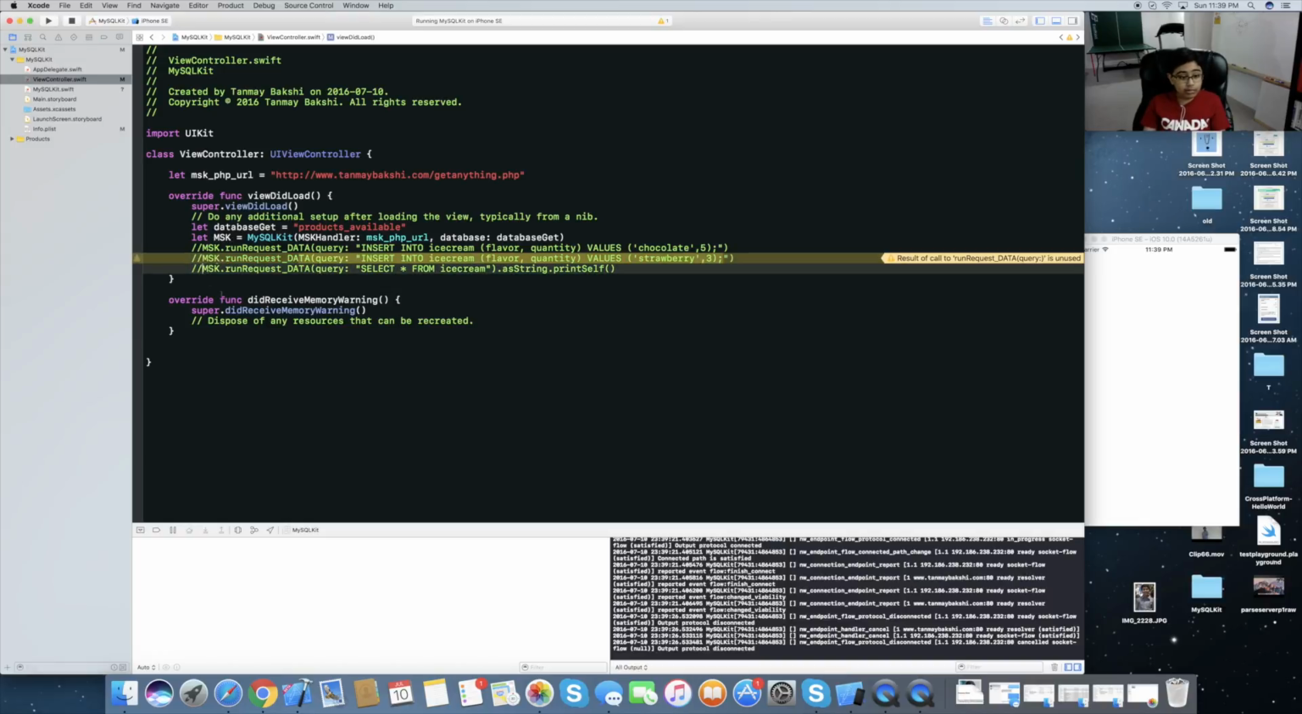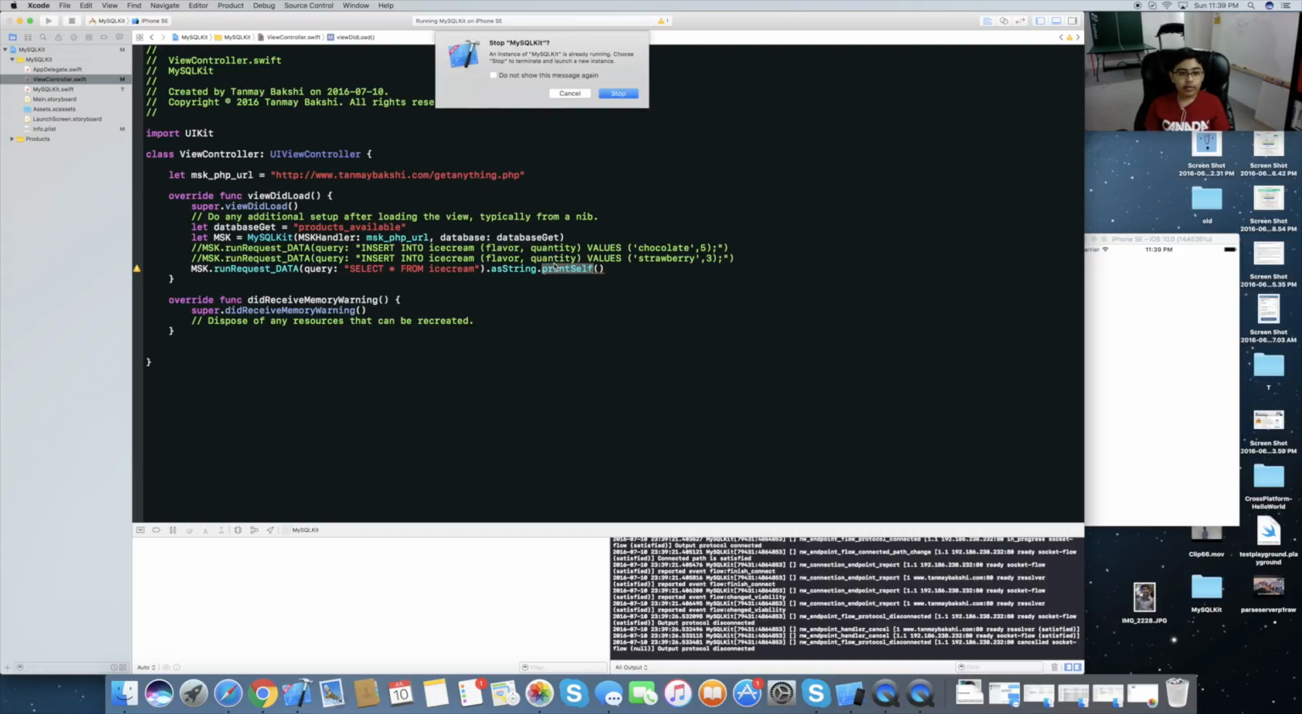Now, all I need to do is just uncomment this last line of code, which will actually select from the ice cream database, convert that NSData, or just Data now, they've removed NS, so convert that data to a string, and then print the string. Let's try it out, shall we? Alright, so now if I run this,